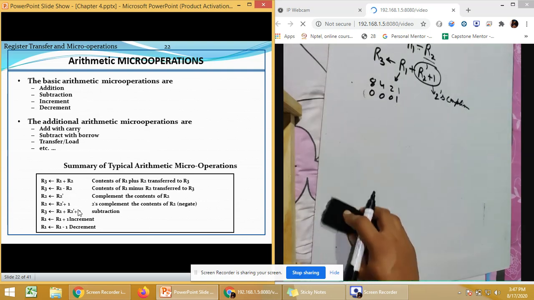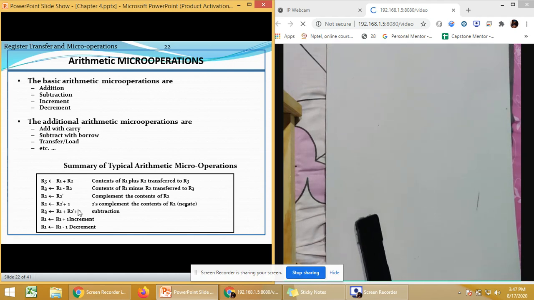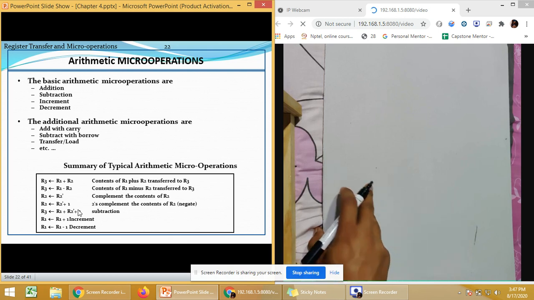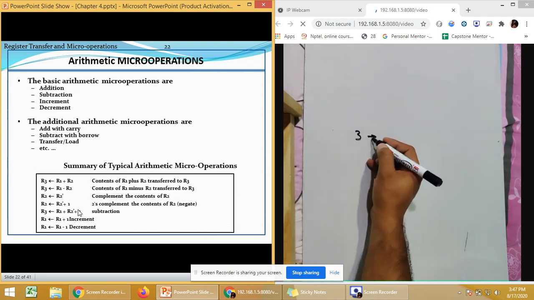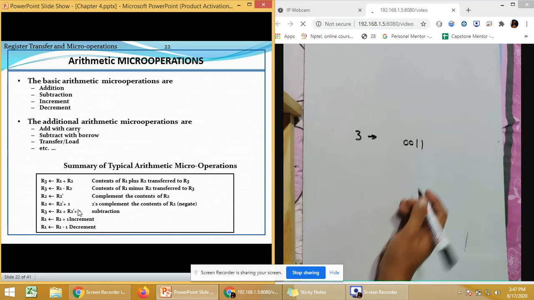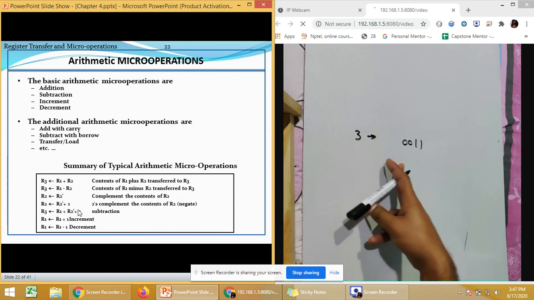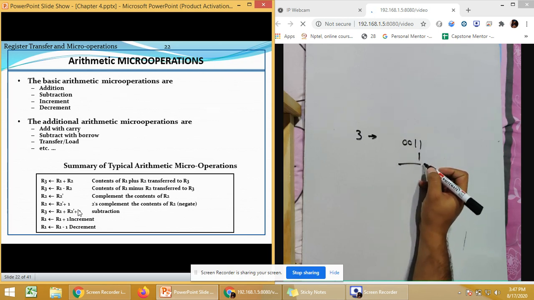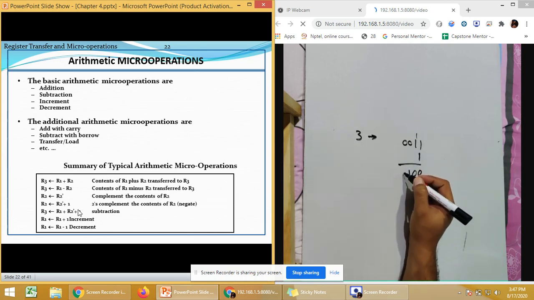Then after this we are having the next micro operation, that is increment. So how is increment done? So increment is simply adding a value 1 with your existing content. So like if we are having a value 3 in a register, so this 3 value will be represented like 0 0 1 1. Okay, this is a 4-bit representation for 3. Now if I want to increment the content, it will be simply adding the value 1 at the end. So 1 plus 1 is 0, 1 plus 1 is 0, 1 and 0.